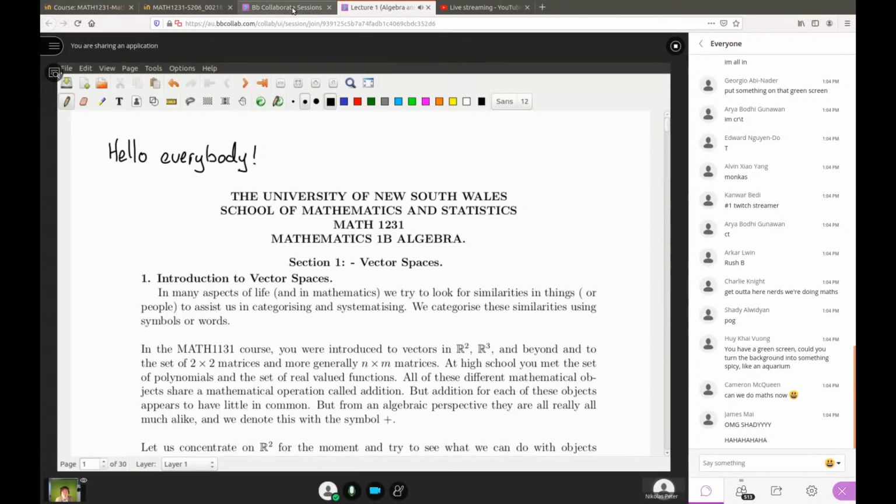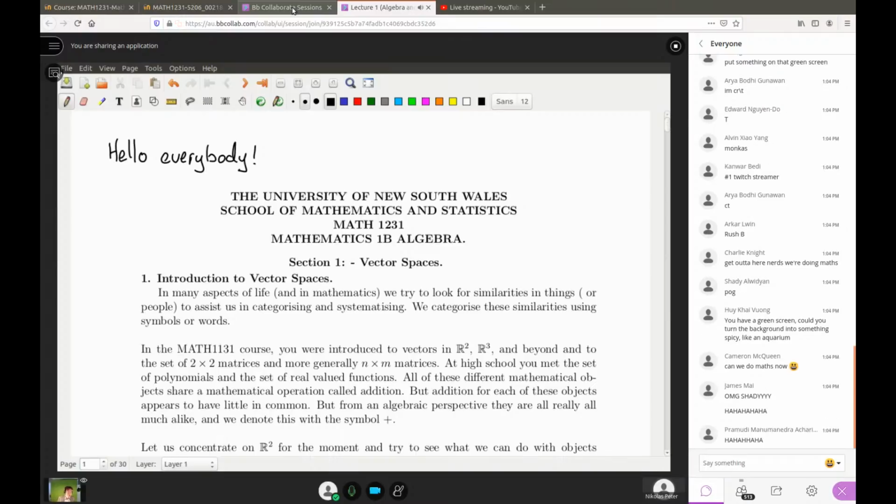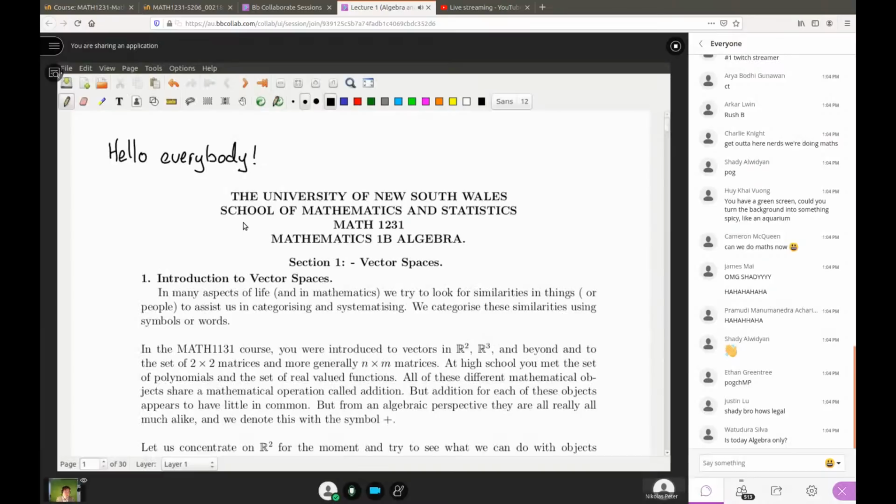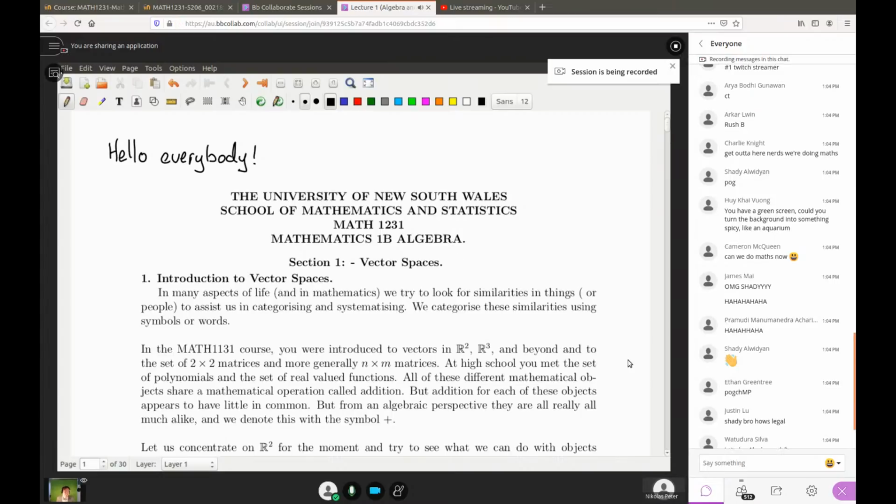The first thing I'm going to do, can we do math now? Yes, we can. Okay, so the first thing I'm going to do, and the first thing that you're going to have to remind me to do at every session, is to start recording. So begin recording the session. Okay, today is algebra only. No, today is algebra for the first half, and then the second half is calculus. Okay.